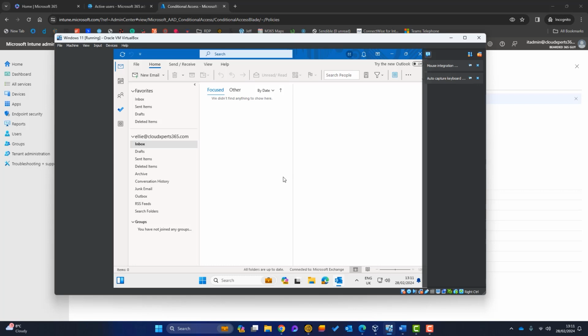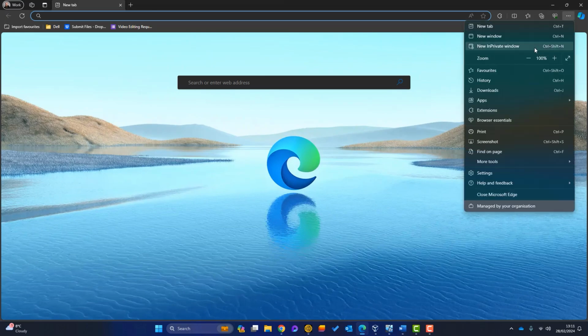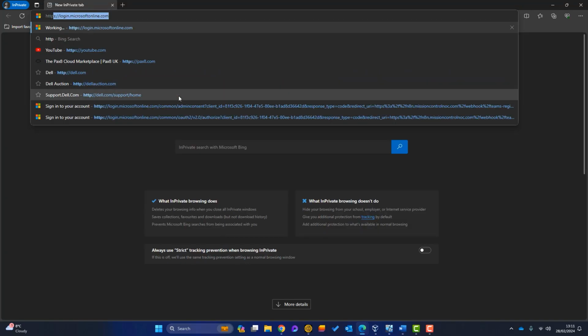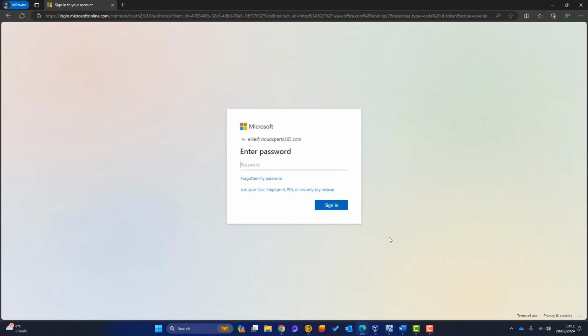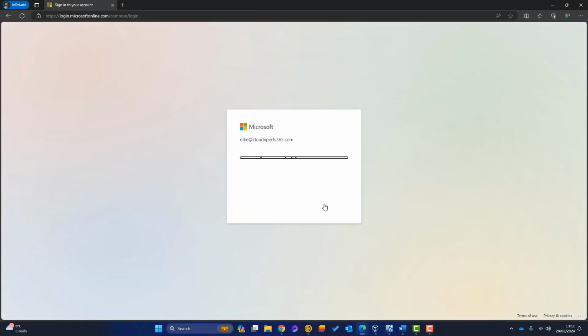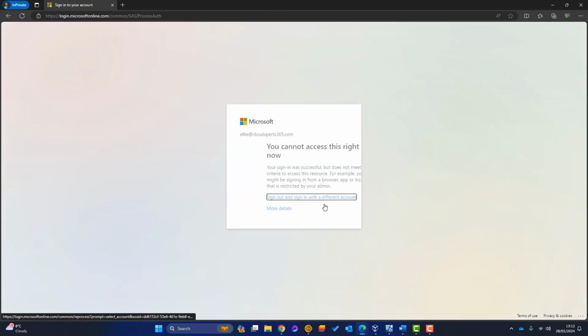Let's just try accessing as Ellie on the personal device. So minimize this, we'll launch Edge, we'll open it in incognito mode, we'll go to the page there, we'll enter the email address, click on Next, let's enter the password, click on Sign In, multi-factor authentication, that's good, I've authenticated there.